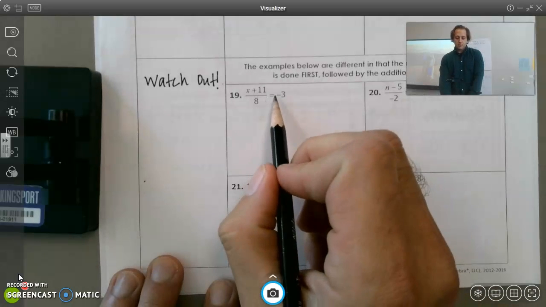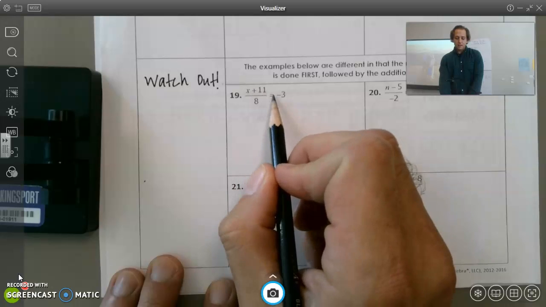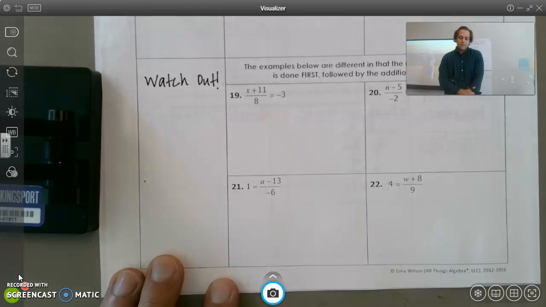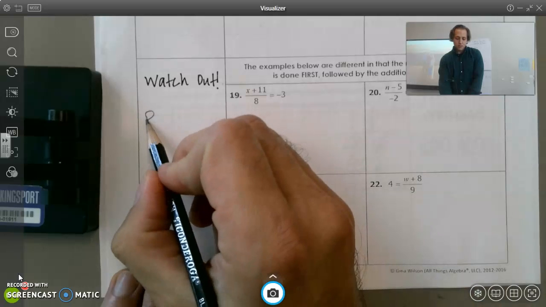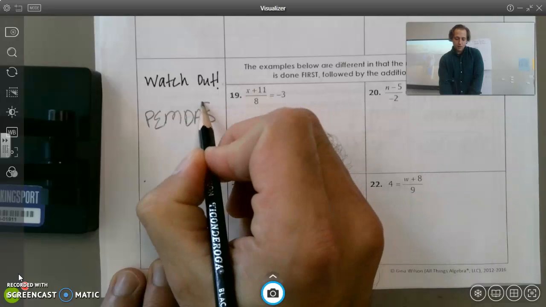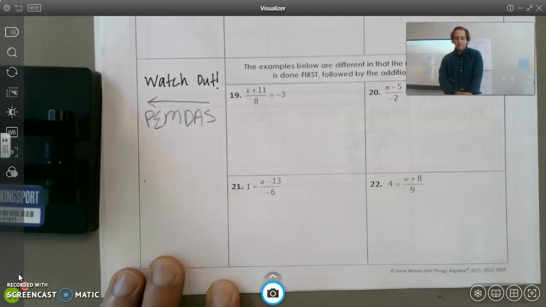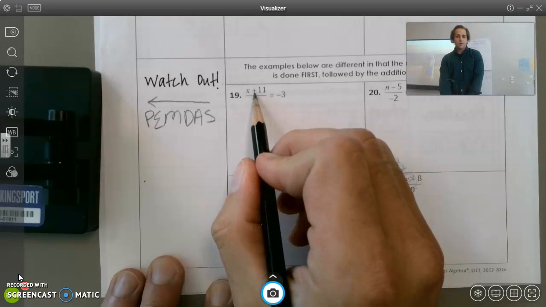With a rational expression like this, I have x plus 11 divided by 8 is equal to negative 3. Now, when I look at this, I have to think about, remember we talked about, we do PEMDAS in reverse, right? Like we are working backwards. And your first instinct might be to say, hey, I see addition here. But